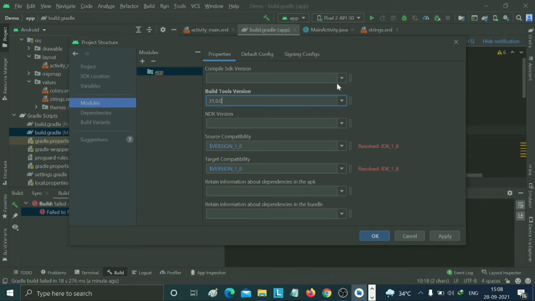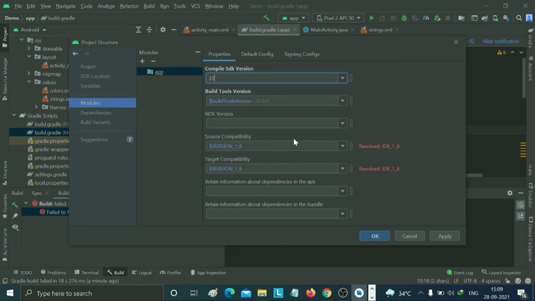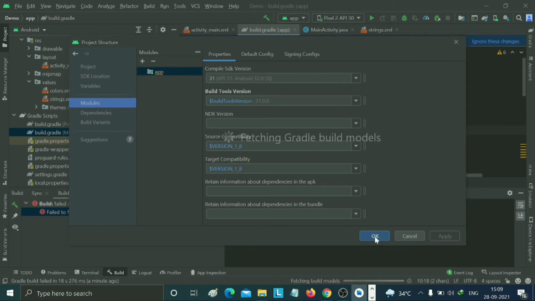So just click here and select this. Okay, this is the first solution. I will provide you two solutions, both are good, so you can find the solution from here also. Select this. This is our Android Studio latest version, so you can click here and set this and click on OK. You can check also the NDK version is not available till now, and just click Apply and OK.